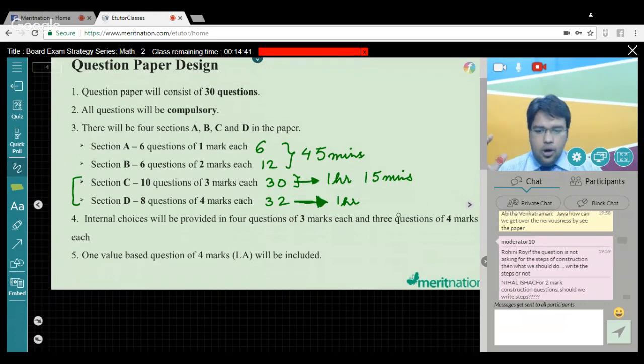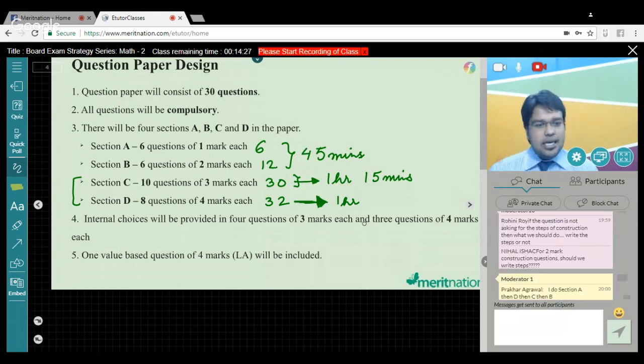So all in all, please make sure that you go about the question paper. You get a feel of the question paper by doing some sample papers. Now is the time to do the sample papers, guys, right? Do not be complacent that I know everything. I've done my NCERT. I've done RD Sharma. Now what to do? Do not be